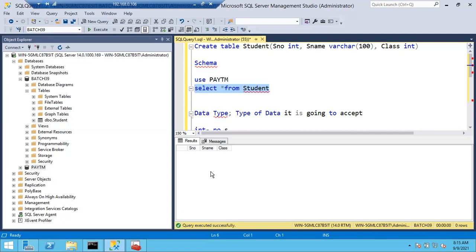Who will do? Developer, database developer. Very good. Your developers are going to do it, so nothing to worry. Your developers are going to take care of these things. They will only create the tables, insert the data inside the tables, and pull the data from the tables. Everything will be done by the developers. For them only we have to give permissions. As an administrator, we have to give permissions for them. We can control how much a user can see.